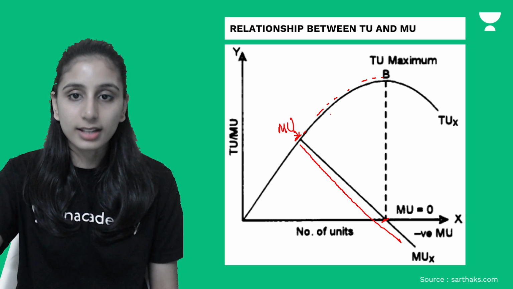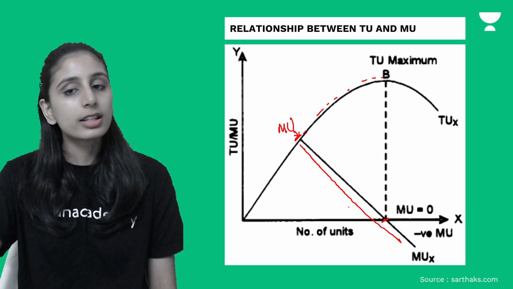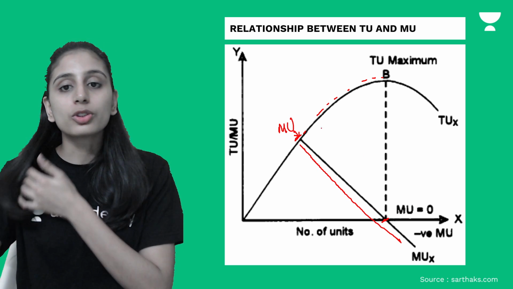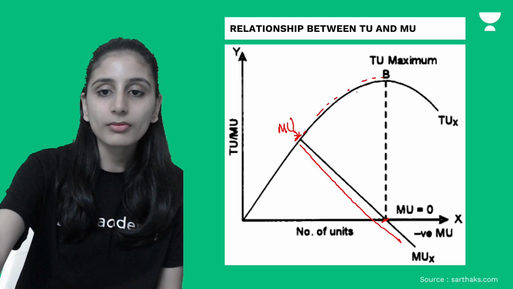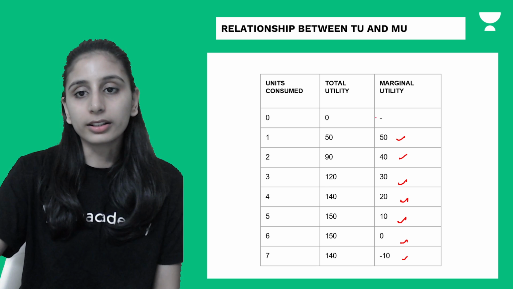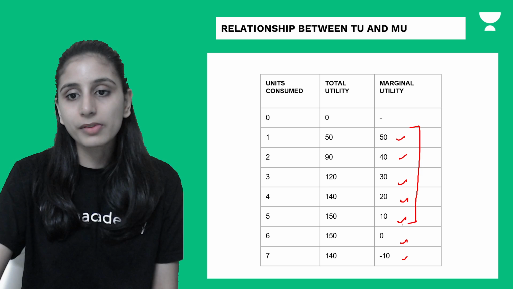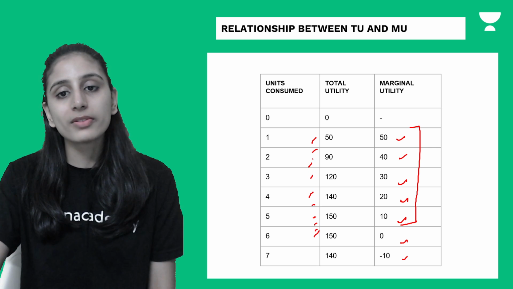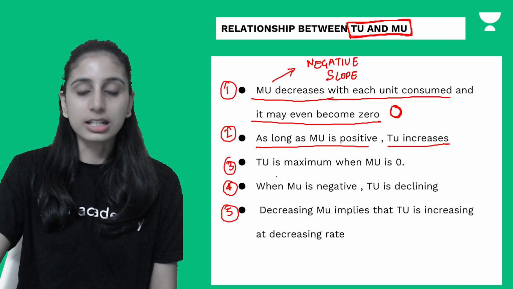तो the statement is correct कि हमारा MU जब तक पॉजिटिव है, वो डिक्रीज हो रहा है, doesn't matter, but जब तक वो पॉजिटिव है, it is above the X axis, तो जब तक हमारा जो TU है वो इंक्रीज होता है. ठीक है. Let's see from the graph कि जब तक हमारा मार्जिनल यूटिलिटी पॉजिटिव नंबर्स है, नेगेटिव साइन नहीं आया, तब तक जो टोटल यूटिलिटी है it keeps on increasing. ठीक है. In absolute terms we can say it keeps on increasing. So let's see the third statement,